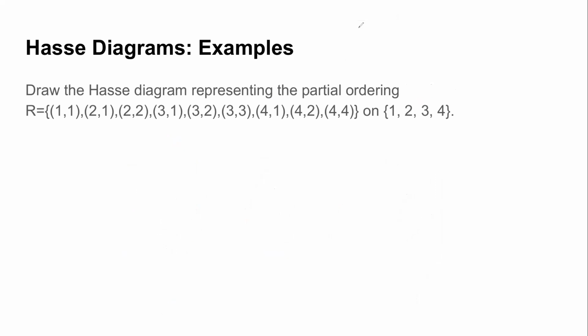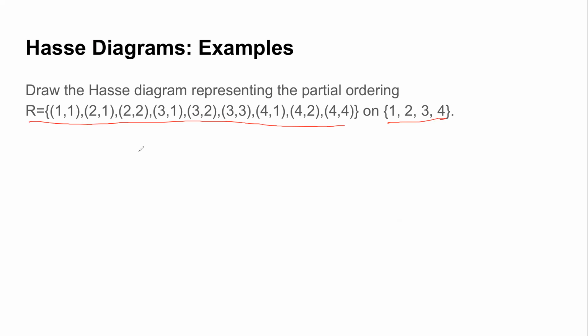So here, instead of a graph, I have given you a relation. Okay, I want all of you to try it. Make the directed graph of this relation, and then make its Hasse diagram. Okay, you might be thinking, why is this important? We'll see a couple of important things which we can easily find out from Hasse diagrams. Okay, so I want all of you to try this. This is a partial order relation defined on 1, 2, 3, 4. I want you to draw its directed graph first. Okay, I'll be doing it in parallel, but I want all of you to attempt it on your own.